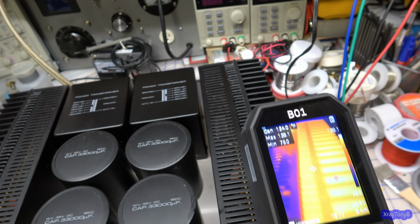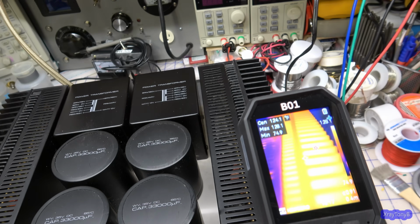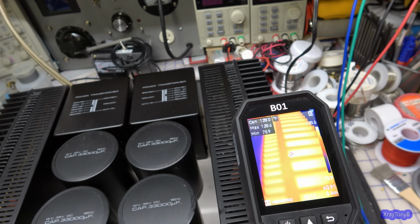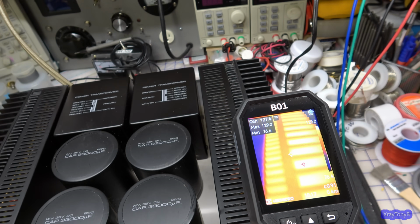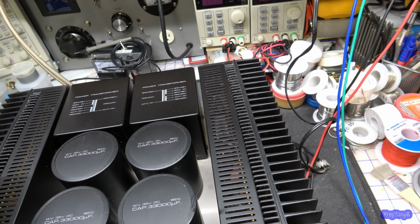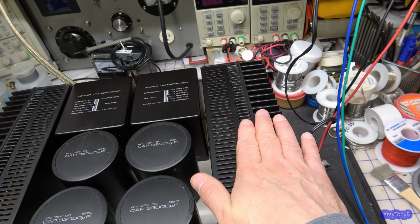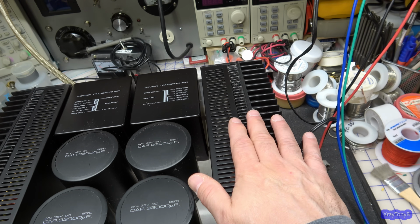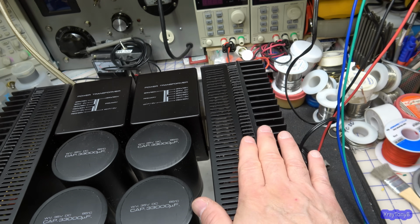Okay, so you can now see the whole top of the heatsink is getting hot, and it's all about 126 degrees, 128, and it's climbing still. And the other channel, just looking at it real quick without moving the camera, it's identical. It's 126. So that's hot. That is quite hot. And it's just getting hotter a little, and it'll probably get up there a little bit